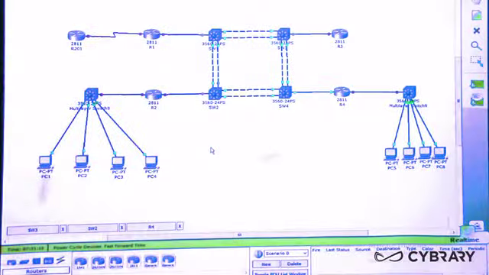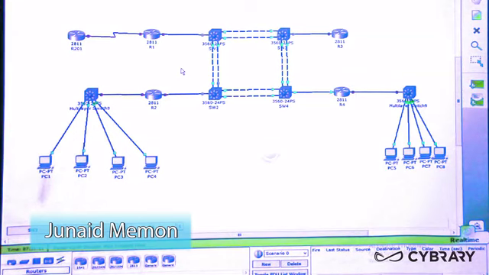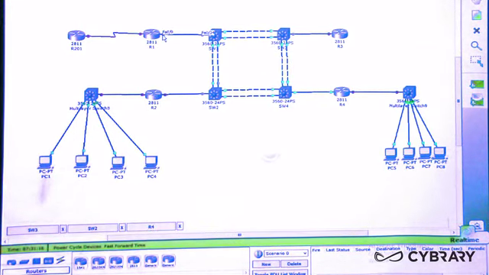We're back to our lab. First thing we're going to do is assign IP addresses to router 1, interface F0/0, router 2, interface F0/0, router 3, interface F0/0, and router 4, interface F0/0. So let's go into router 1,